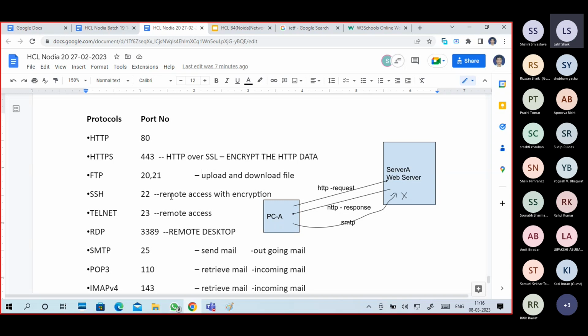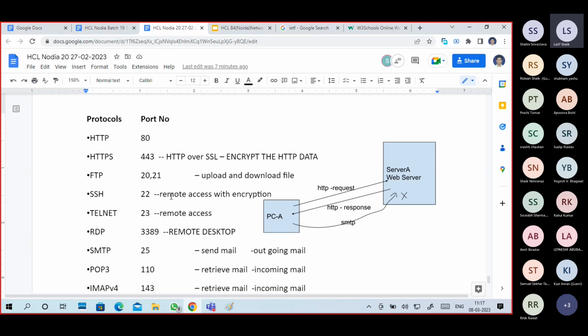RDP, Remote Desktop Protocol. I have a remote Windows server or Windows desktop. I want to see the desktop environment, access that entire desktop environment, and do certain tasks in it.